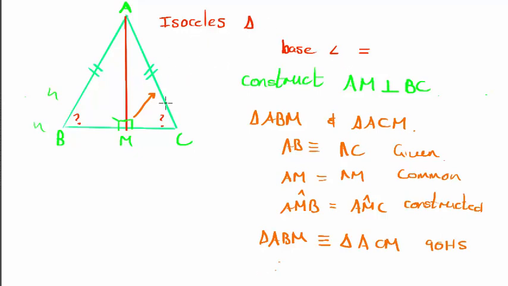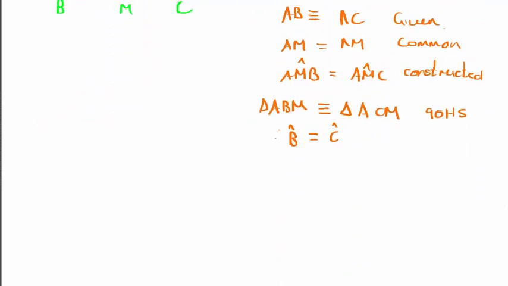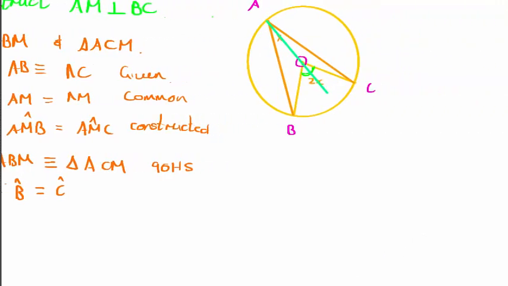So since I know they are congruent, I know that angle B must then be congruent to angle C, or equal if you now use the word equal. It's fine. Okay, cool. We've proven that, and the reason why I wanted to prove that is because we need that fact for this.